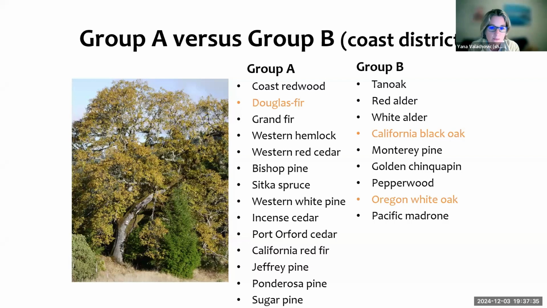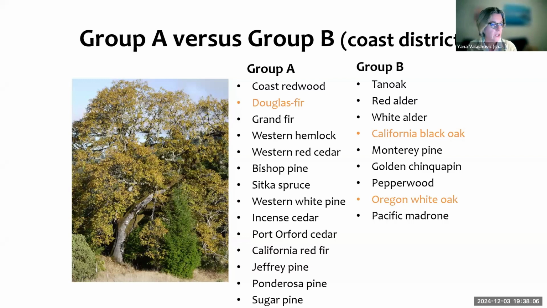Pardon the regulatory framing around this, but in California, we have Group A and Group B species. If you take a look, Group A species are all the conifers: redwood, Douglas fir, grand fir, hemlock, cedar, pine, fir, Jeffrey pine, ponderosa pine, sugar pine. And then we have Group B species, which are predominantly hardwoods: tan oak, alder, white oak, California black oak, white alder,